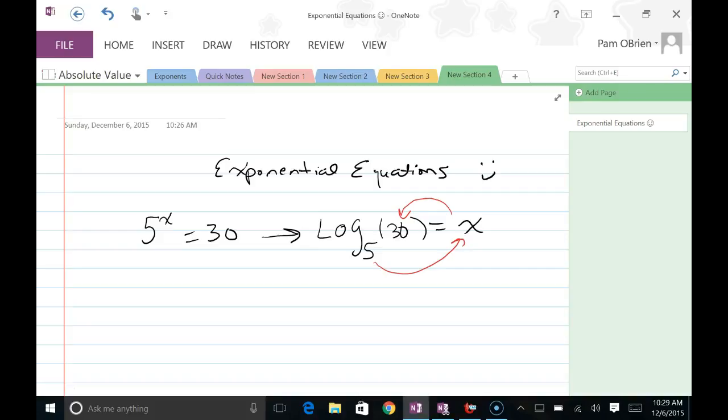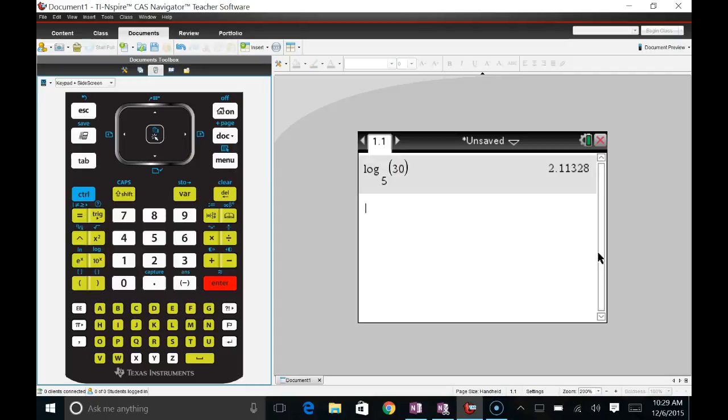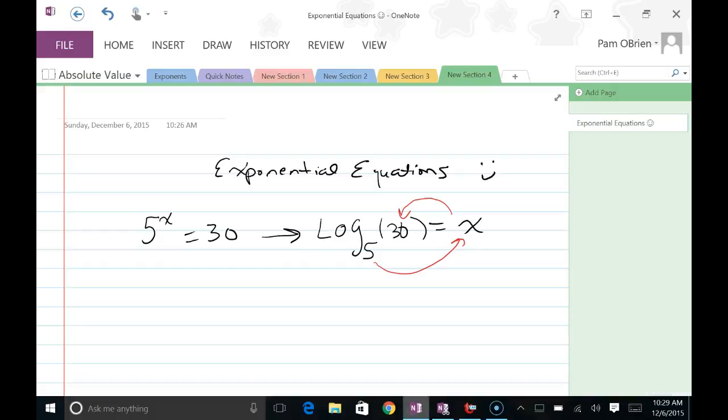At this point, I could take my handy dandy calculator and go control log base 5 and go over to 30 and get my answer, which is 2.11, which of course you can see is rounded. I've decided for this video we're going to round to the nearest hundredth. So with that said, x is approximately 2.11. To be quite honest, that's a really great method for doing it. It's not traditionally the method we've done before this class, so I want you to be aware of both ways